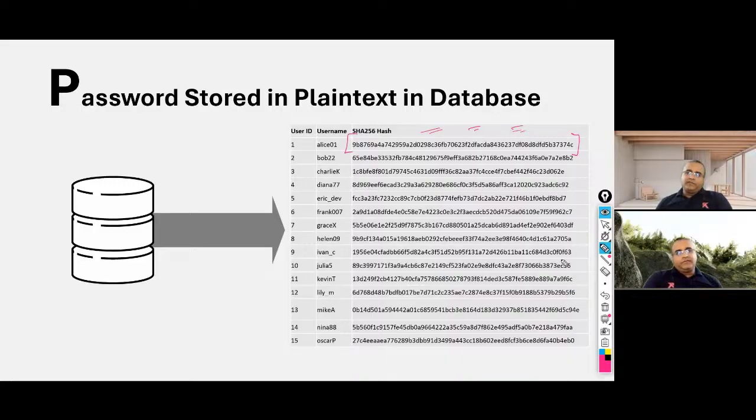Think about a graphics card rig that is used for breaking passwords. I'm talking about data from maybe 3 to 4 years back. How many hashes do you think they can break in a second? They can break 4 billion hashes in a second, right? SHA-256, if it is used, will take a long time to break.